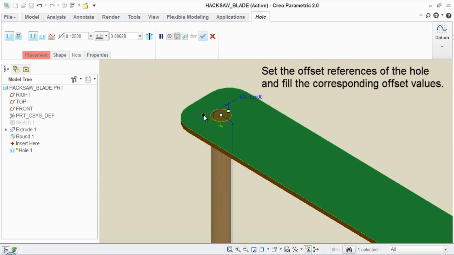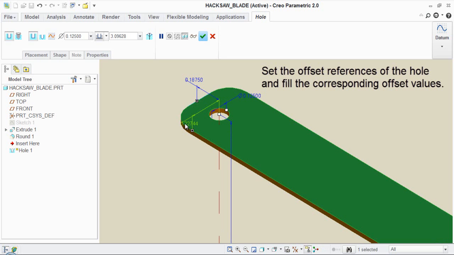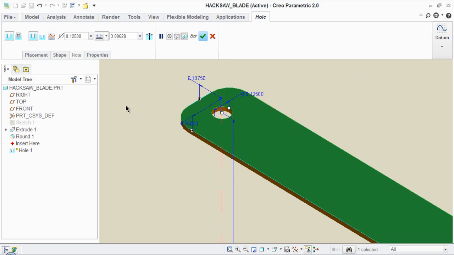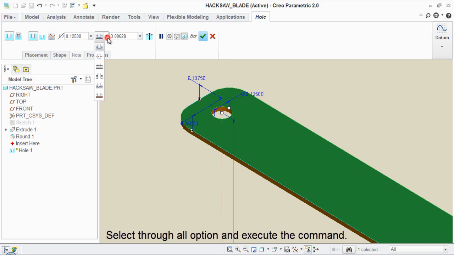Set the offset reference of the hole and fill the corresponding offset values. Select through all option and execute the command.